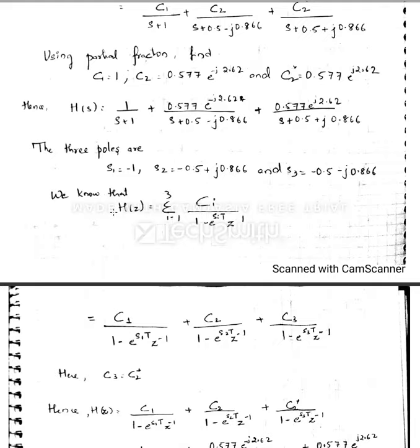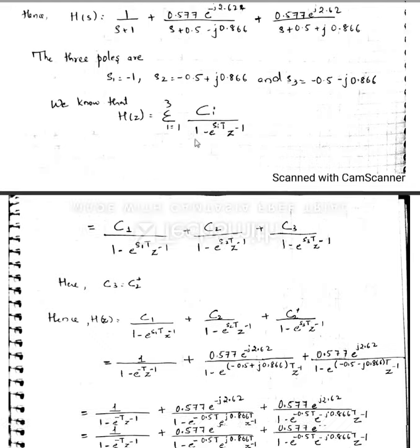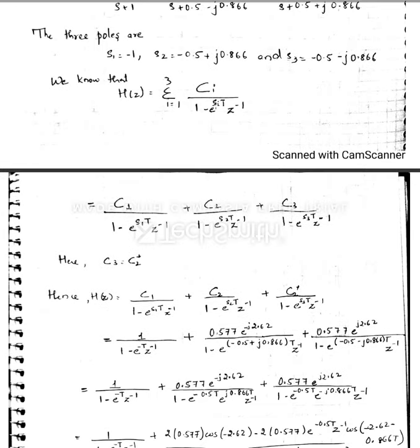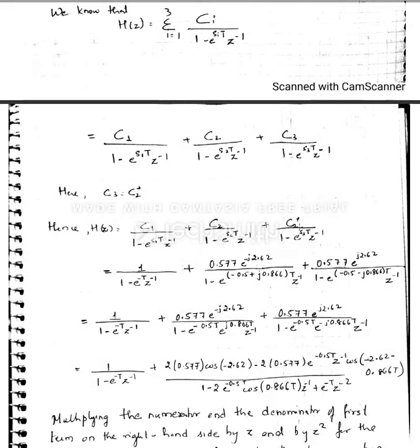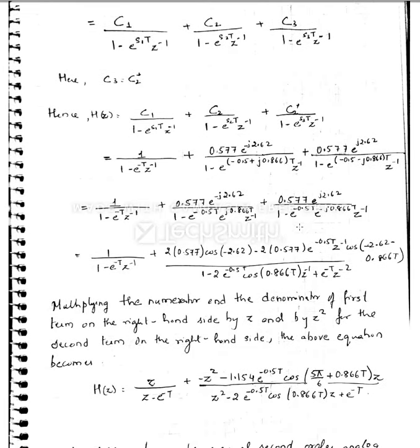Clear? Now use the impulse invariance transformation equation where summation i equal to 1 to N of Ci. Now the Ci you have 3, substitute the value from 1 to 3. You can substitute the value of your poles, depending upon the i value, even the poles change. So C1, C2, C3, S1, S2, S3. Substitute the value here and you can solve it further. If it is taking a lot of time to solve and creating confusion, you can calculate at least till here.